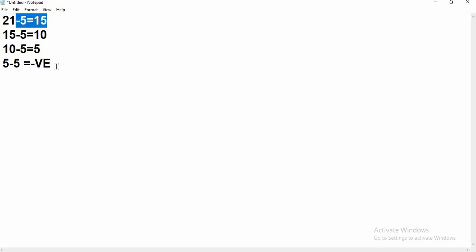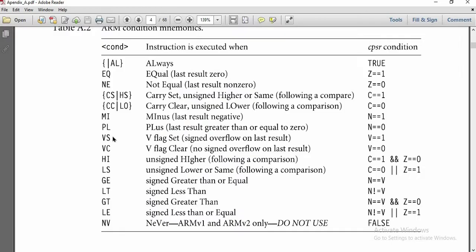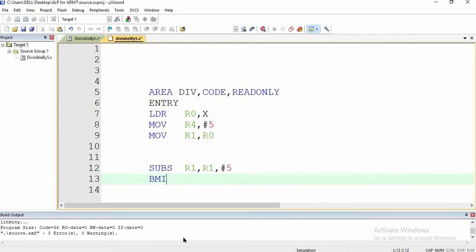So keeping that in mind, in our code, we will say if we get negative result in R1, branch on negative. Negative here condition is mi, that is minus. I will show that one in the appendix. Here you can see there is an mi condition minus. So it will check the negative flag. So we have used that one over here.